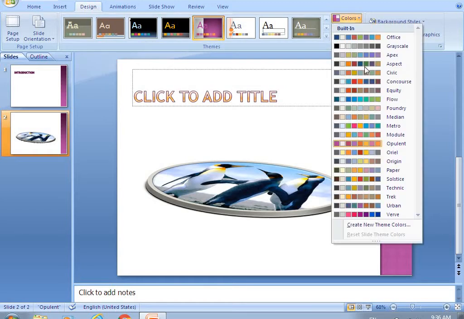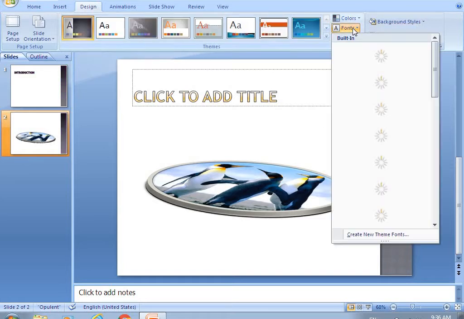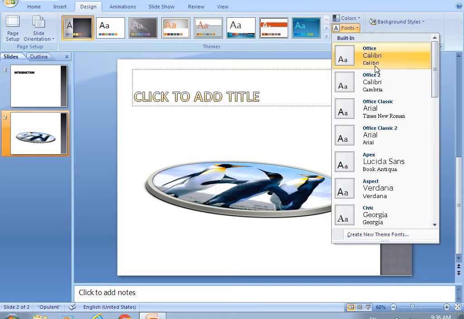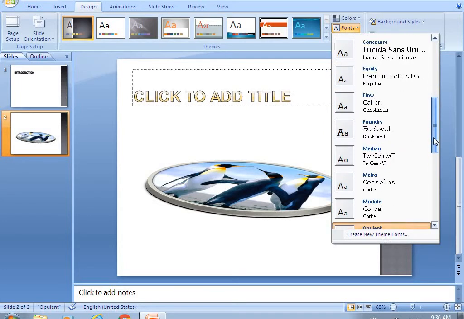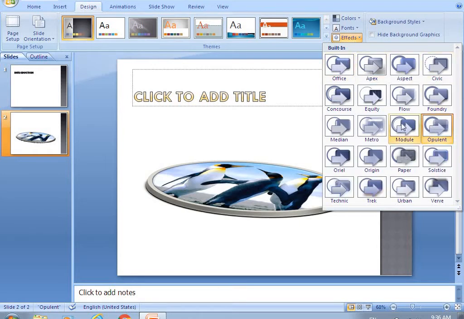You will click on Color, and you can choose any one of the colors from here, like Median, Metro, Module, Opulent, Oriel, Origin. Whichever color you want to choose, you can choose. Then the Font: Calibri, Cambria, Times New Roman, Arial. Whichever font you like, you can choose it from here. And the Effect: there are multiple effects. You can choose any one effect from this Effect button.